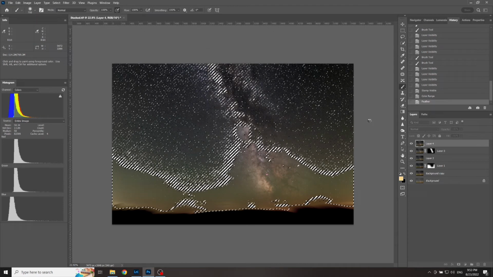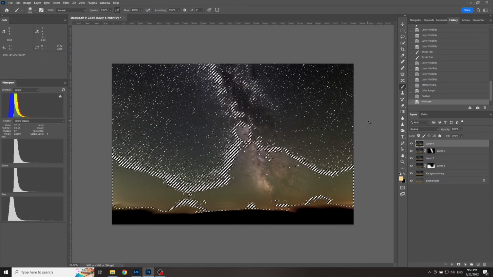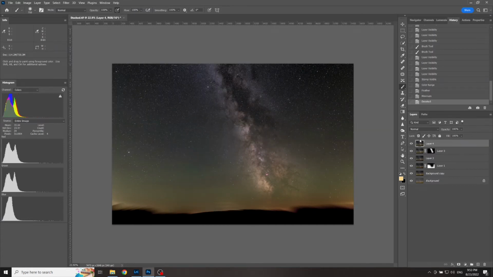I'll click OK, and let's see what it does. Alright, I'll press Ctrl D to deselect, and you can see immediately that the Milky Way is coming out more, and the whole image is getting a bit calmer, a bit more tranquil, if you will. And this is the before and this is the after. So the stars are pushed back to the background,